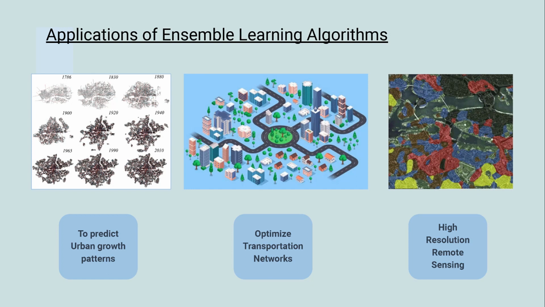Monitoring of physical characteristics of a target area without coming in physical contact, called remote sensing, is a difficult task since the data acquired by different sensors have varying resolutions, leading to incoherence in data distribution. Tasks like landslide detection and scene classification have also been accomplished with the help of ensemble learning.